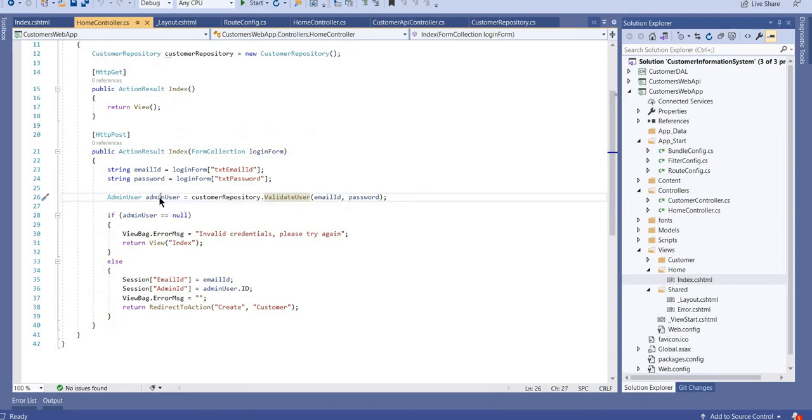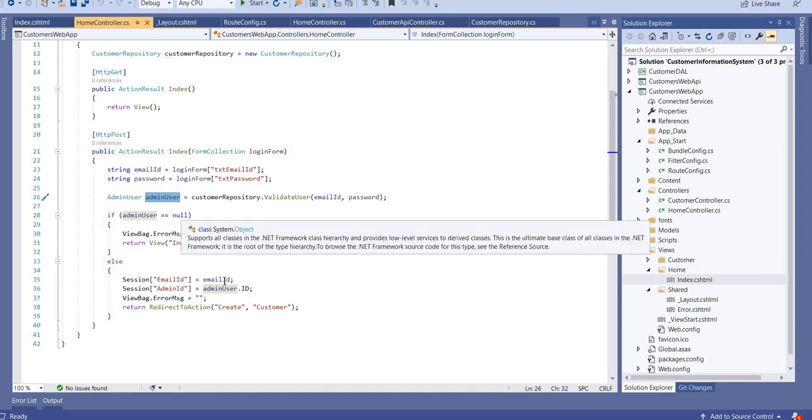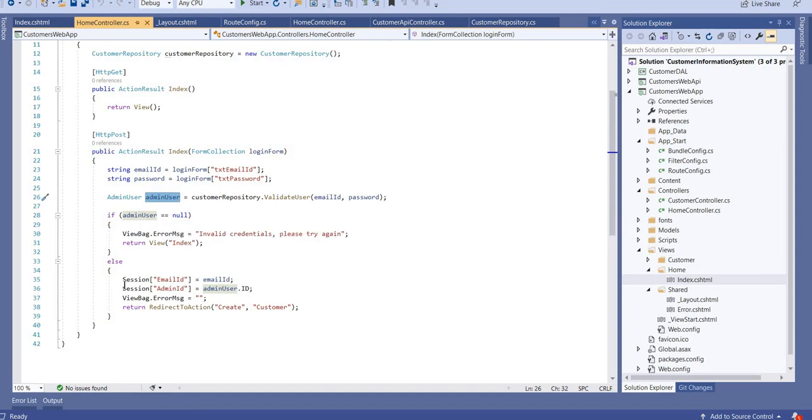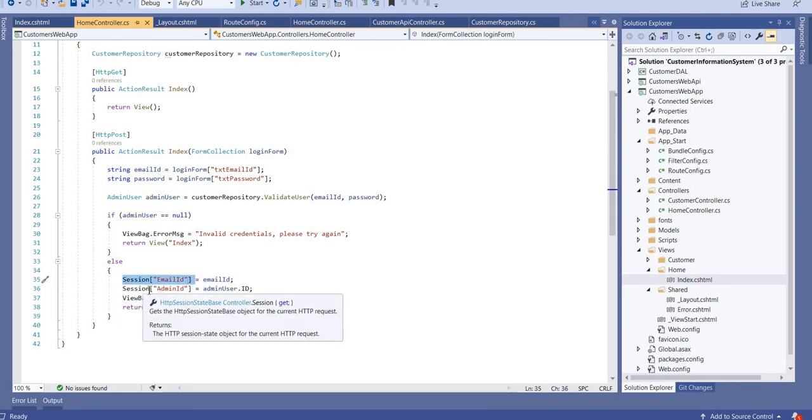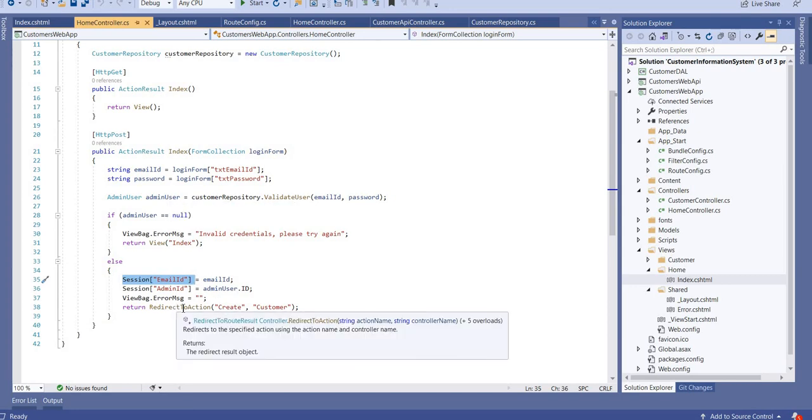After getting that value, the admin user, if it is not null, then you pass the email ID into the session email ID, and also the session admin ID. This is optional, but you are just creating the email ID in a session for login and logout purposes. Because the values exist, we redirect to another controller.